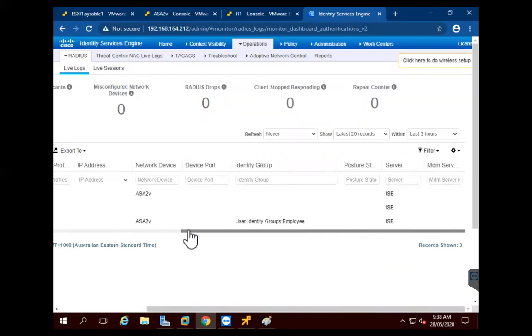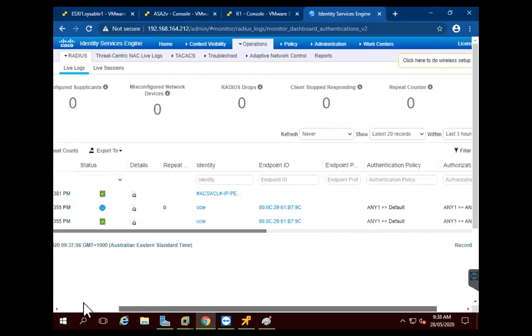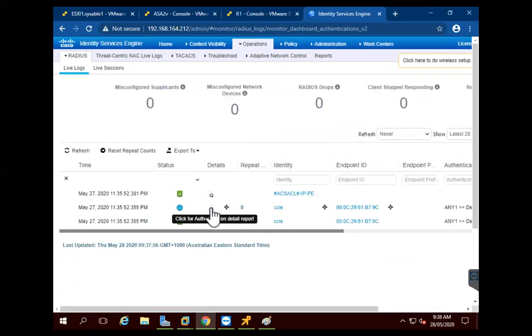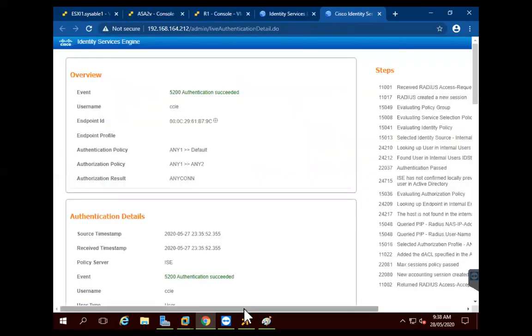So if you want to get a report, just click on this one. So here you can see that authentication succeeded.